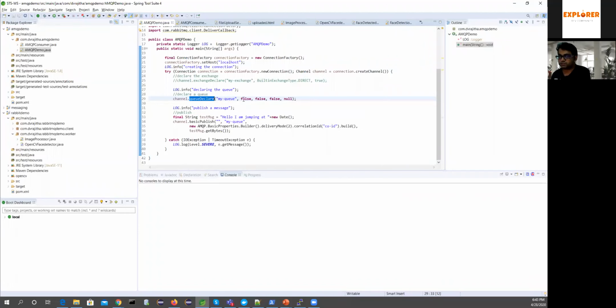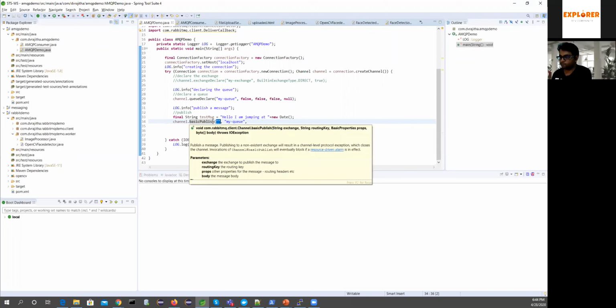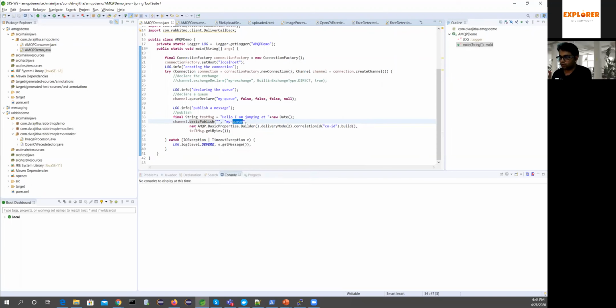Right now it is false. So this is going to declare a queue, and then it is going to publish to the exchange. We are going to use the default exchange, and to this queue we are going to send this message.